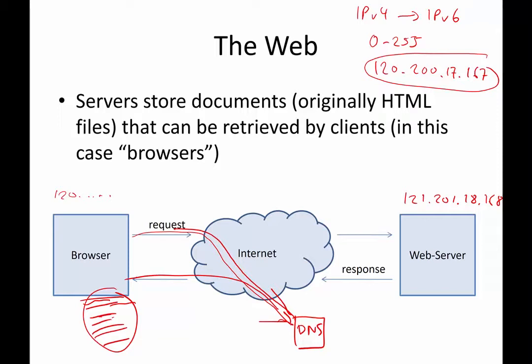All the DNS servers are organized in a hierarchy, so in case the DNS server doesn't know, it will just ask the next DNS server in the hierarchy. And at some stage, they'll hopefully find out what the IP address is for that domain. And the moment my browser knows that, it can then send the request to the server, and it basically says, give me that page that's there.